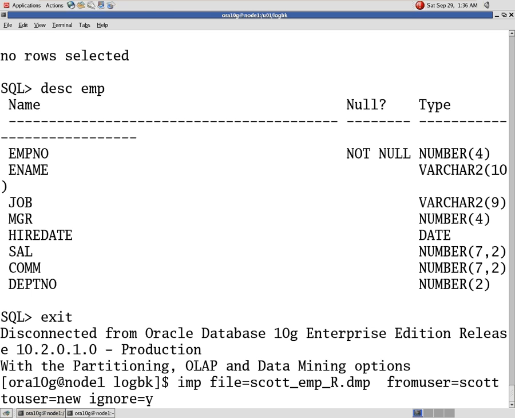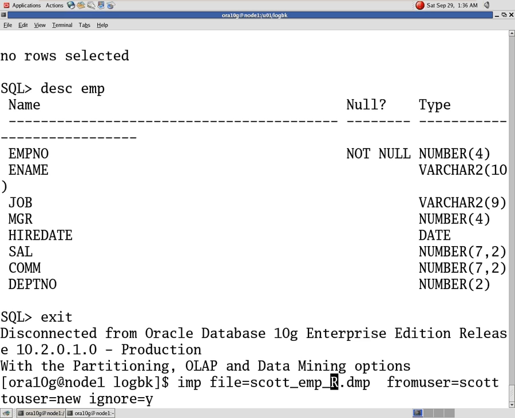What does it mean? Ignore the structure of the table and load the data into the table. Here I am not mentioning any table. Clear? Why? Because this file has only one table. So that's why I am not mentioning any table.